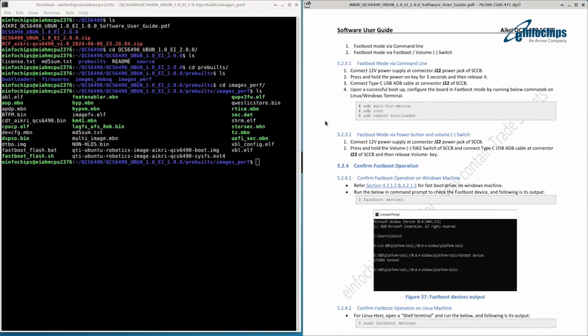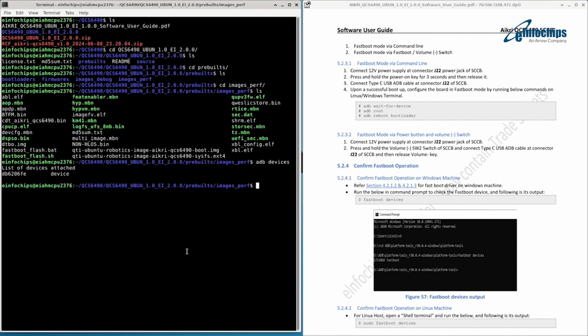Now, as mentioned in the instructions, I guess I went slightly ahead, but we were supposed to make sure that our device shows up in ADB, which it does. We would just go ahead and issue the commands. We will just follow the user guide that we have available. So ADB root, this restarts the ADB-D on the device as root. And the next step is ADB reboot bootloader to reboot the